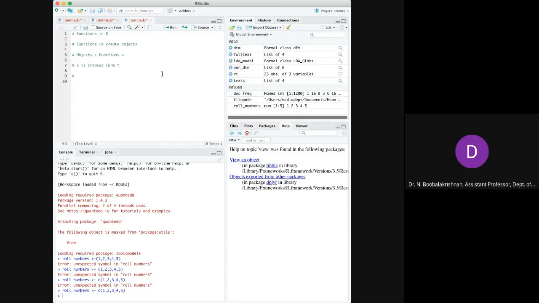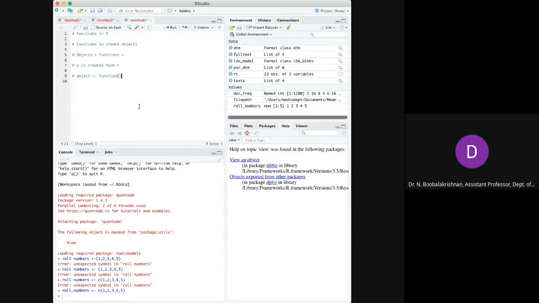What is an object? A created object like A, B or roll numbers, that is going to be your object. A, B, C, D, roll numbers, register numbers, marks, year, name of the cricketer. Those things are objects. Then there is the function of something.